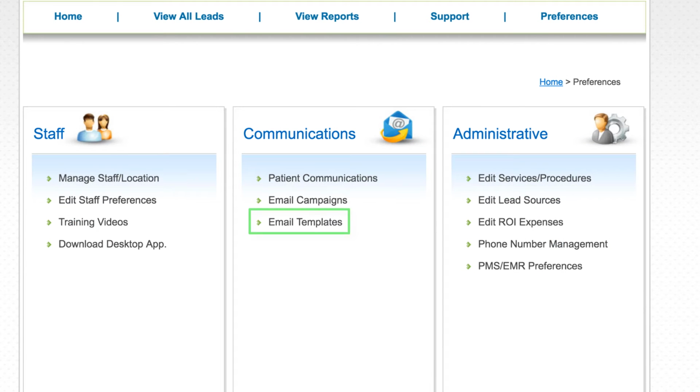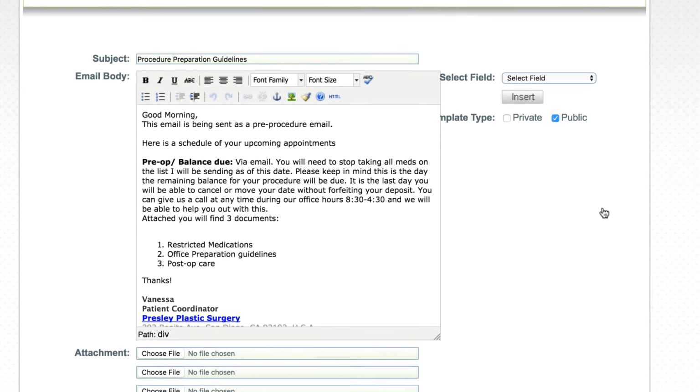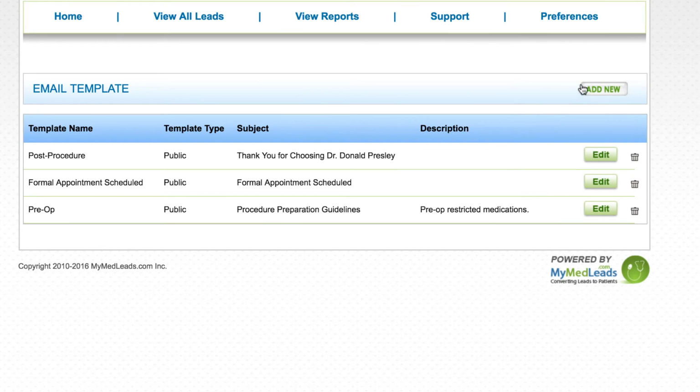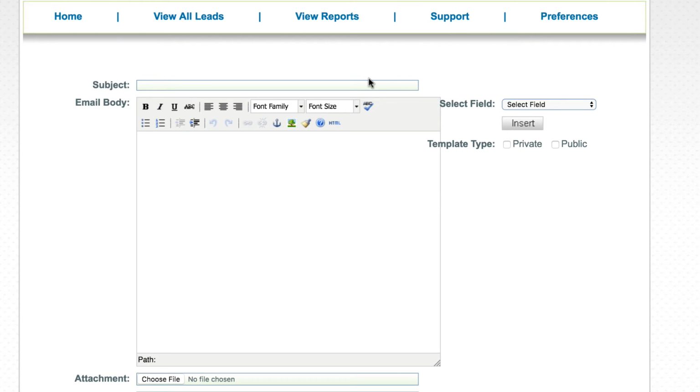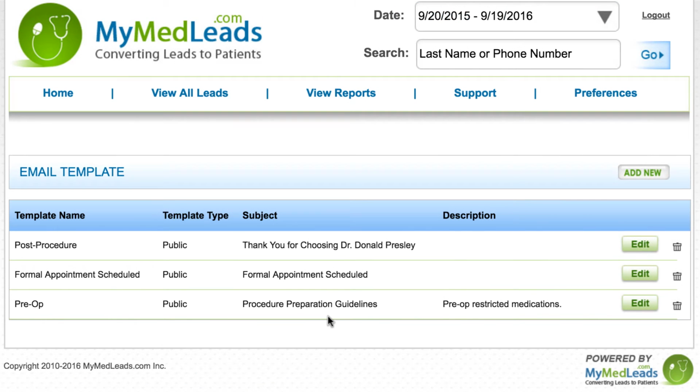Back on the Preferences page, you'll see a link called Email Templates. This is where you can create reusable email templates within the account. Clicking on the Add New button at the top right will give you a blank template that you can add content into. Email templates are useful for things like personalized first email follow-ups, consultation information, pricing details, and other situational